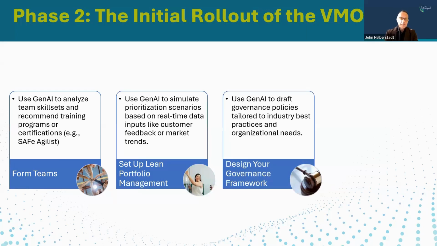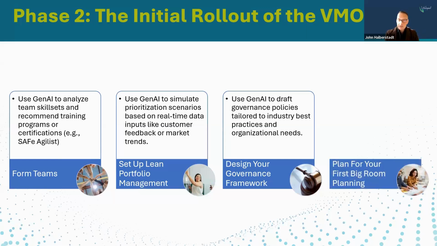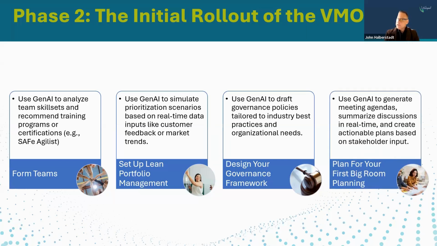So what I find in many cases, well, about 100% of those who are moving from a PMO to a VMO, hence the book that Sanjeev from LitheSpeed wrote that informs so much of this. When we're moving from one form of governance to a new form of governance, we need to make sure that we are addressing those governance needs properly, even if we're doing it through different vehicles, and that's very important. So we're moving from an old form of governance to new, but there's still governance. We need to design that governance framework, and we want to be thoughtful about how we do that transition, and GenAI can help. And then plan for our first big room planning, or PI planning, or mid-range planning, or whatever